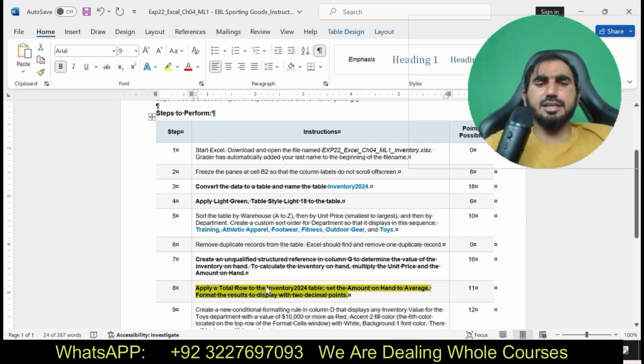Apply a total row to the Inventory 2024 table, set the amount on hand to average, format the result to display with two decimal places.